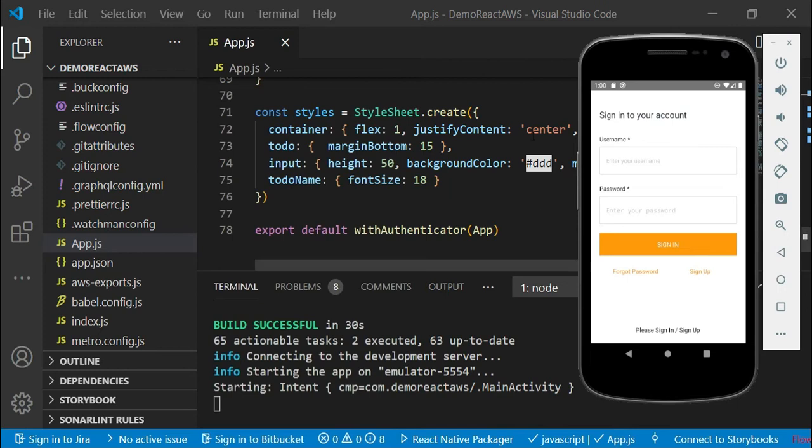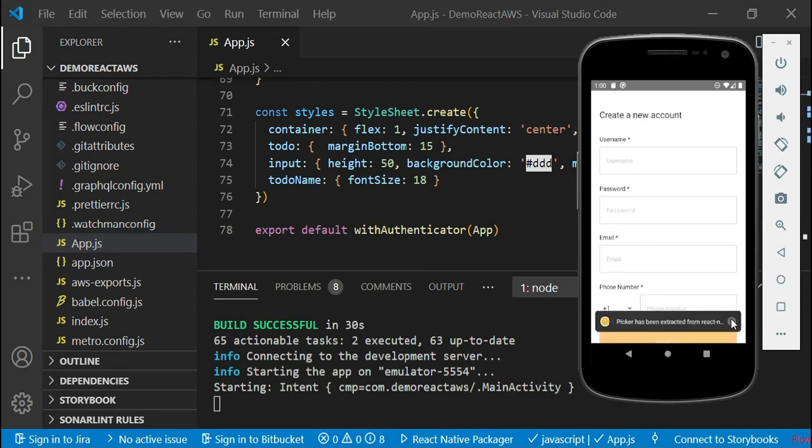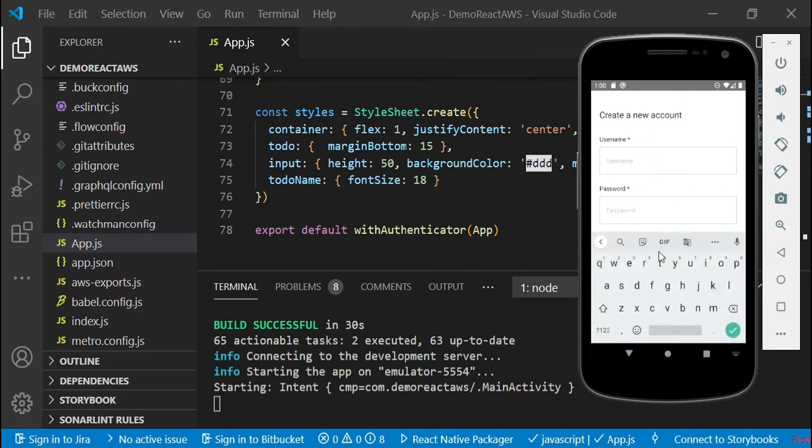Now this is a sign in window. We have not yet registered here, so we first have to sign up. Just click on sign up. Once you click on sign up, you will land on this particular page. Now here we have to create an account. Let us provide some username, also provide a password. Then next is email. You have to provide your valid email ID, because later on this email ID you will receive a verification code. So provide a valid email address.